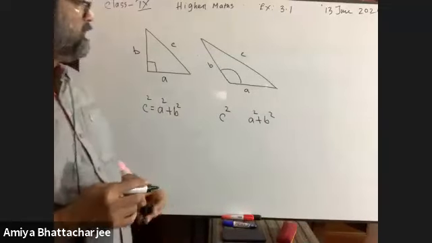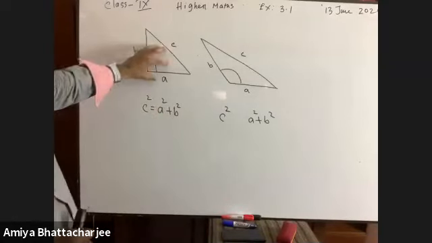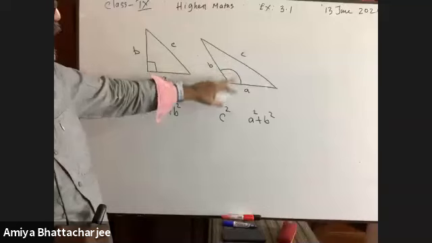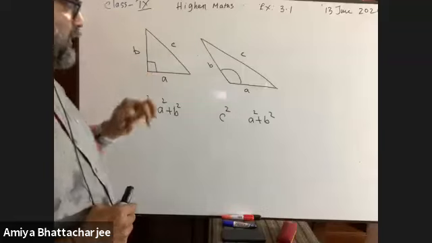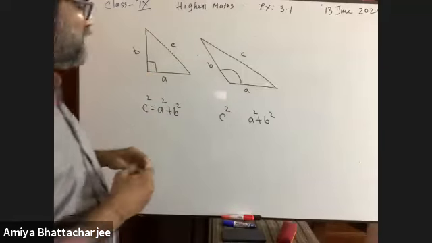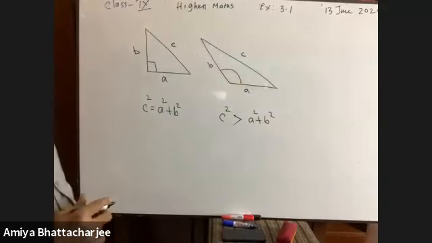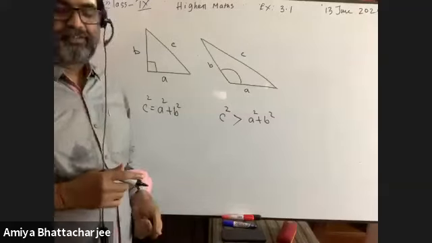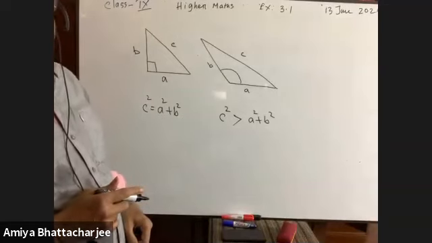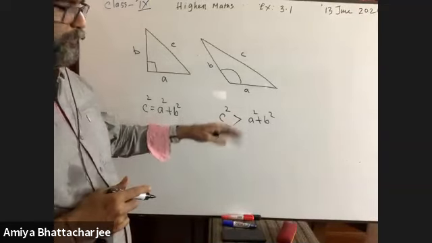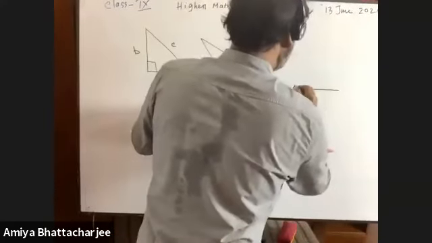Who can tell me? Sir, equal. Just try to understand. Is it possible that it will be equal? You see the figure. Less than, sir. Less than or greater than? No, it is greater than. Sir, how? Okay, that we will prove. That is theorem number 3. C square is greater than A square plus B square. Have you got me? It is greater than. Okay. Now, you just let me know.